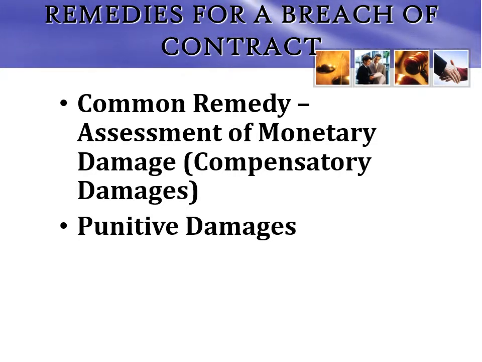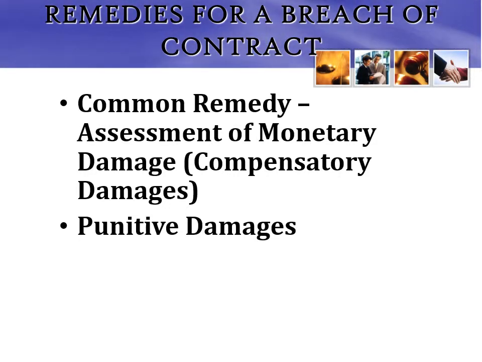The second remedy for breach of contract. The most common one is assessment of monetary damages. Less common are punitive damages. This is assessed by the court when it is deemed that the wrongdoer will reap tremendous additional benefits, and that they've done this countless times, and that they're in the marketplace doing it time and time again. Do we want people to contract? Answer, yes. Do they have to follow rules? Yes. What happens if they habitually don't follow the rules? Well, the courts will come in and punish them.